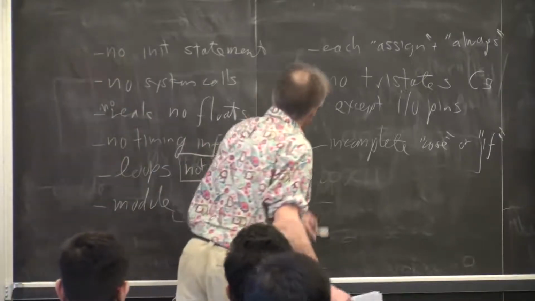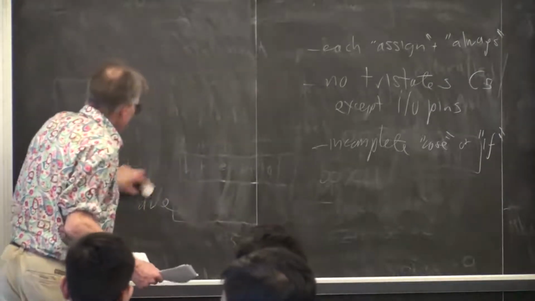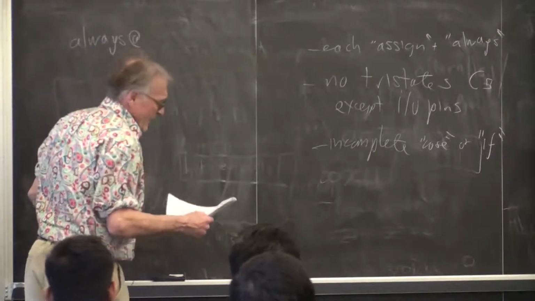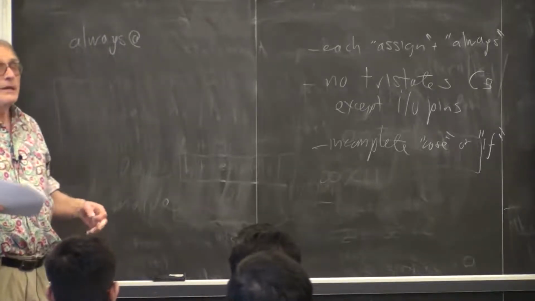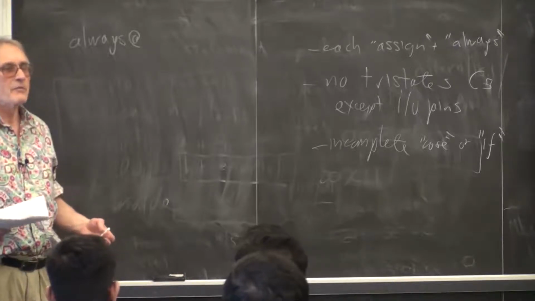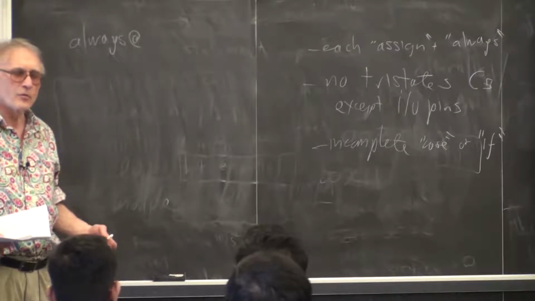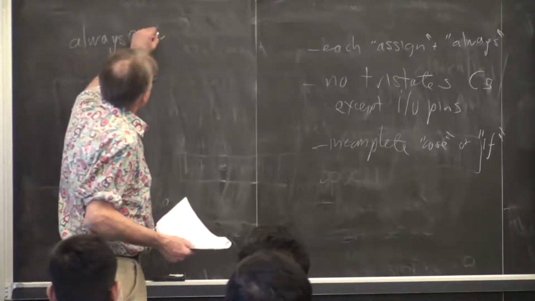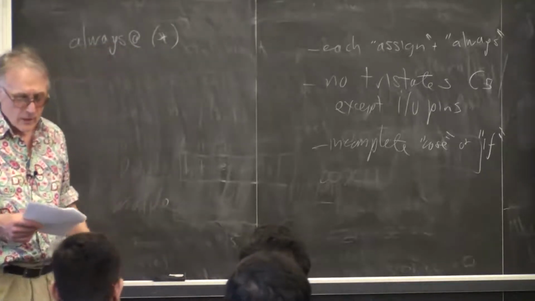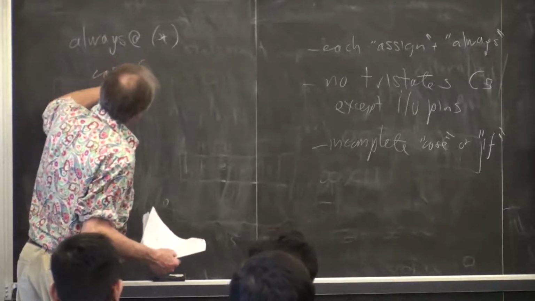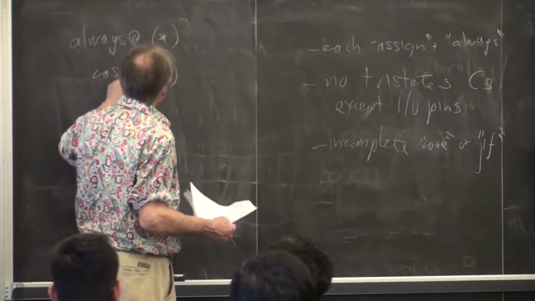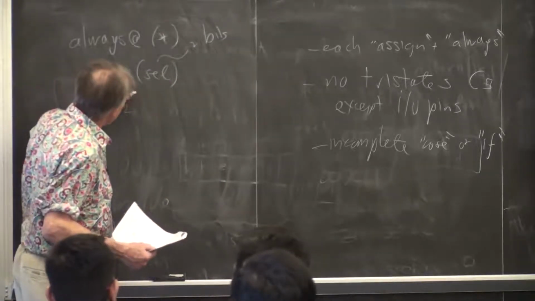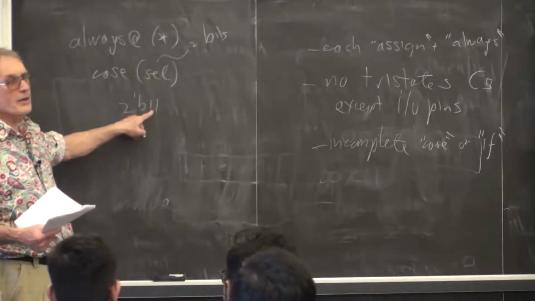Let's talk about inferred latches just a little bit. Let's say that you write a little snippet of code that looks something like always at. I could write out a sensitivity list, but a sensitivity list on an always statement really reflects back to the simulation, where for the simulator to be efficient, it has to know what changed. Everything always changes in hardware, so you may as well just say at star, which means do the right thing. So let's say we have a case of some 2-bit variable called select. So this is two bits. And so for the case of 2'b11,